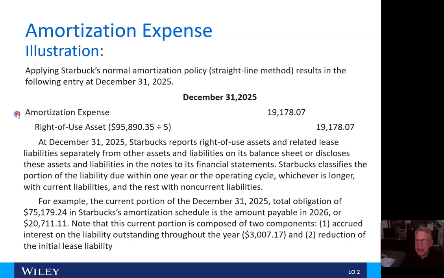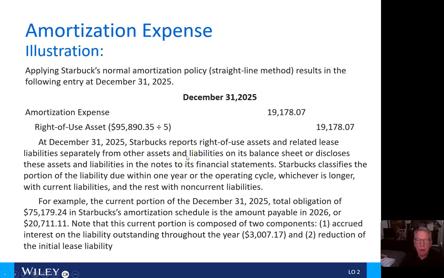And we will debit amortization expense for $19,178.07 and credit right of use asset here for the $95,890.35 divided by 5, the same $19,178.07. So at December 31, 2025, they're going to report the right of use assets and related lease liabilities separately